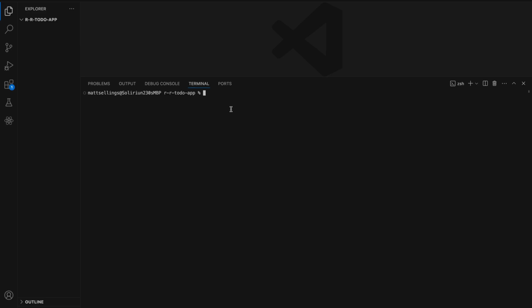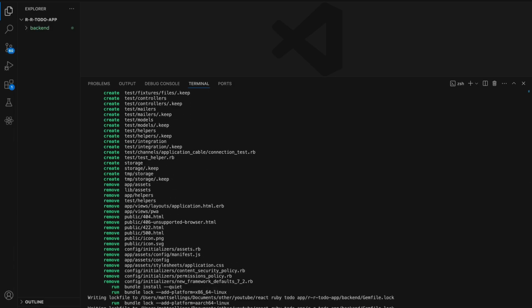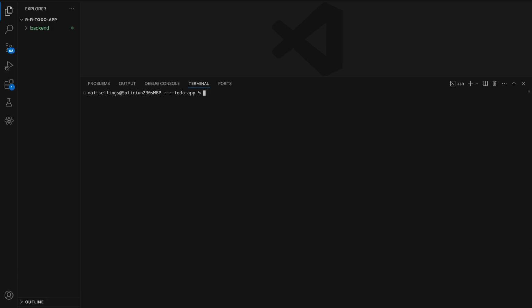What we want to do first is actually create our Rails application. So we're going to do that with the command rails new. But this app is going to be a bit different to a regular Ruby on Rails app because we're creating APIs. So we put --api and then the name of what we're going to call it, which is going to be backend. The reason why we put --api is basically going to set our controllers as APIs straight away, so we don't have to manually do that. Saves us some time. And then we want to go into our Rails folder,